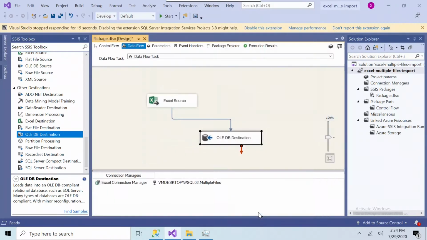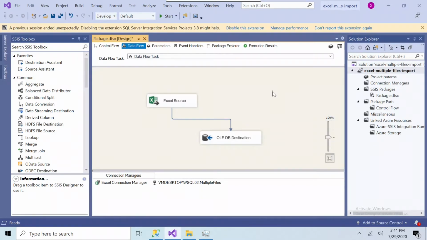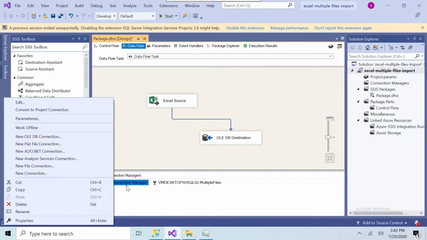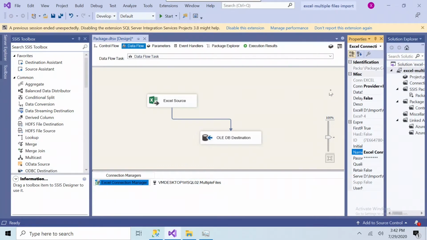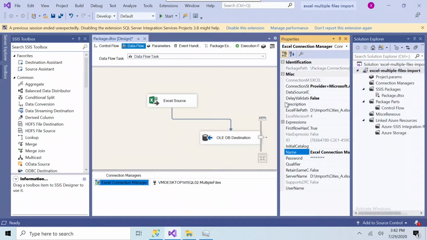And click OK. So at this point we can actually execute this package, but even though the for each loop is going to loop through those files, the Excel spreadsheet that goes into the table is actually only going to be the cities A. And that's because we set that up as the default when we set up the connection manager. Our connection manager needs to deal with the variable because that's the path for each file that the for each loop is stepping through. So if you right click and go to properties on our Excel connection manager, and then we go into the expressions, the little 3 dots next to it,